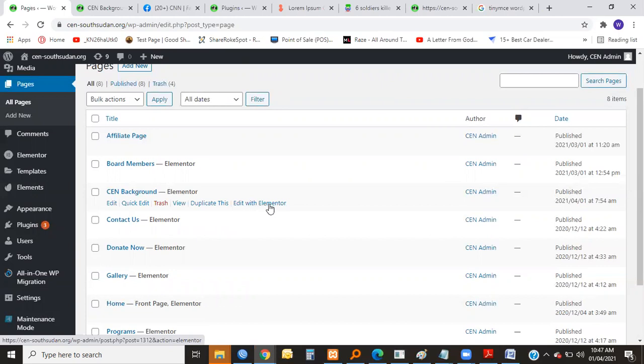So the difference between creating a page and editing a page is, sorry, let me come again. The difference between creating and editing a page and creating and editing a post is within these two: edit and edit with Elementor. In a post, those posts were designed in Elementor, but for posts, you can edit, you can create